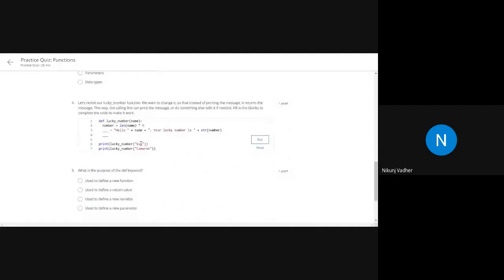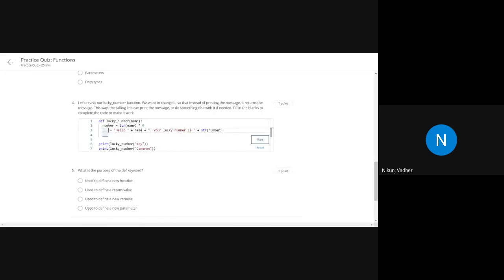Let's revise our lucky number function. Here we want to change it so that instead of printing the message, it returns the message. This way the calling line can print the message or do something else if needed.